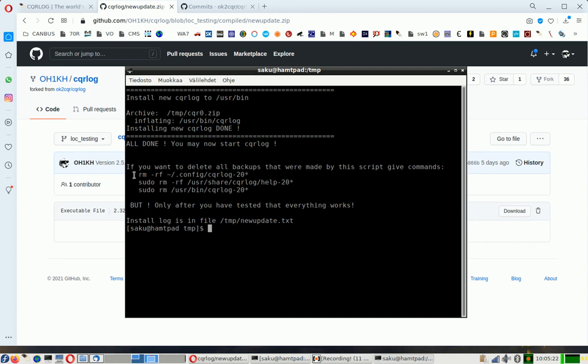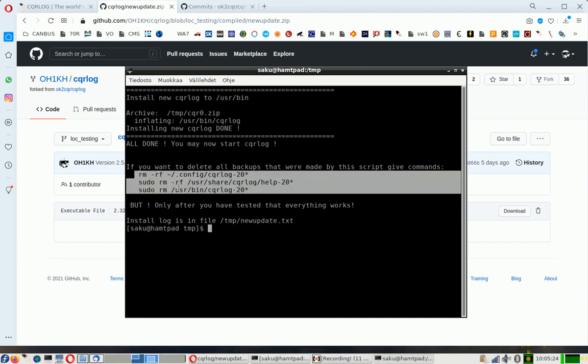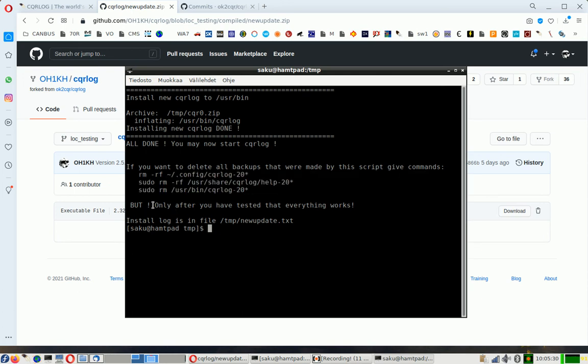Then it tells you how you can remove these backups if you want to delete them, but it's also recommended to check that everything works and you have all QSOs in your logs. It shouldn't touch your logs, but anyway, it's very good to check that. You see all the text that was here on screen from the temp new update text file. So now we can start Cqrlog from the icon or from this console,